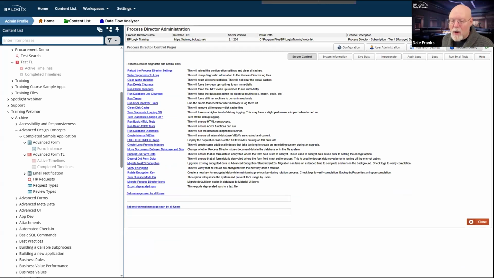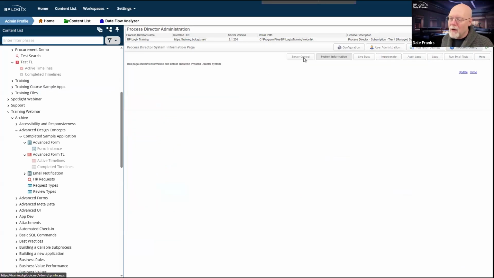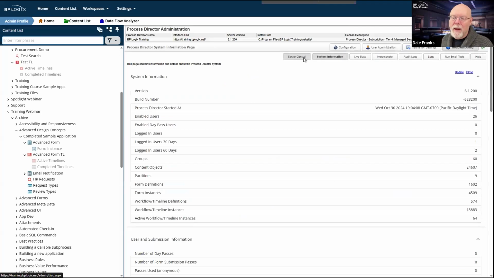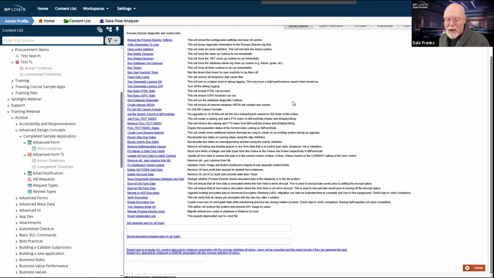One of the control links that you may use for troubleshooting is hidden in debug mode, so we're going to have to go back into debug mode. It is this thing way down here at the bottom.